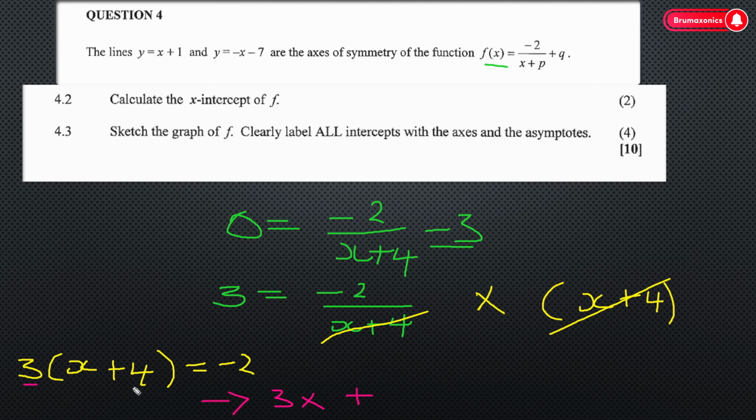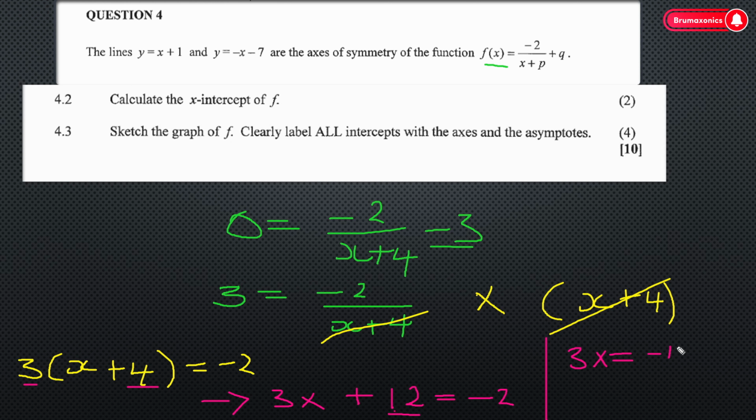The plus of 12, which is equal to negative 2. So now I don't actually have a space, but I just want to take this to the other side. So let me just create an area here and say, okay, 12 to the other side will give us 3x, which is equal to